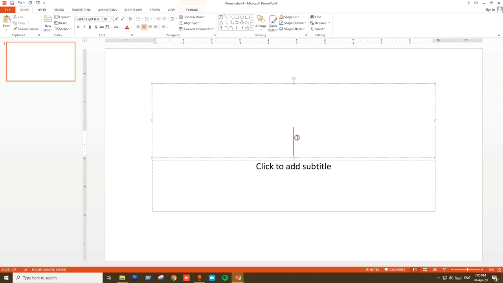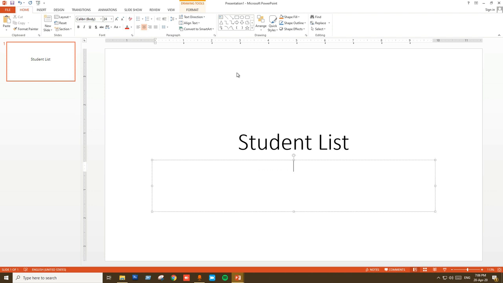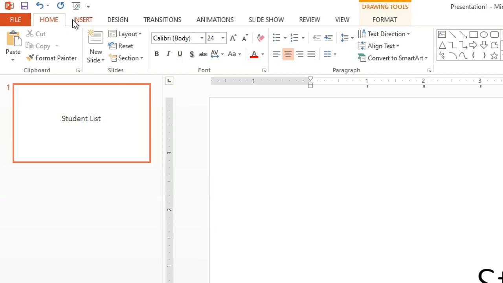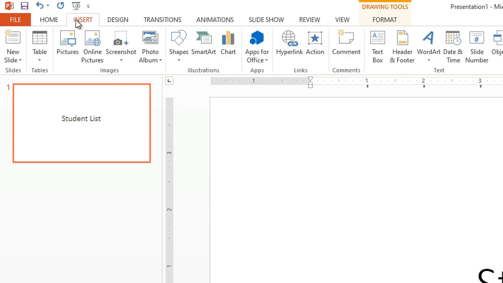Let's first add the title in this slide. I'm giving the title as student list. I'll be making a table with the list of students along with their roll numbers, class and marks. So 4 columns, and then I will click on this insert option on the ribbon. You can clearly see the insert option here. Let me zoom it out for you. You can see the insert option is present here. I'll click on this option,